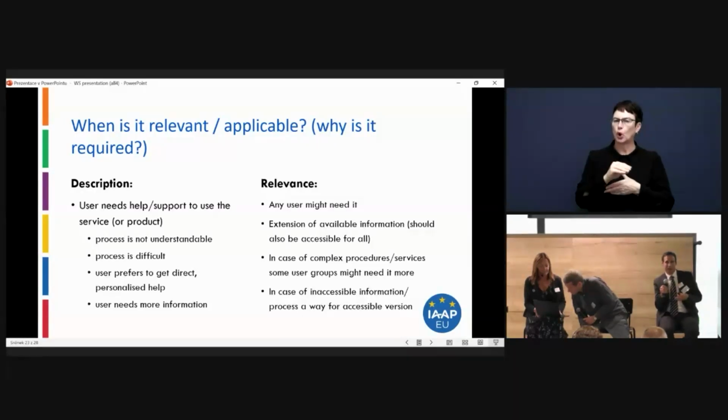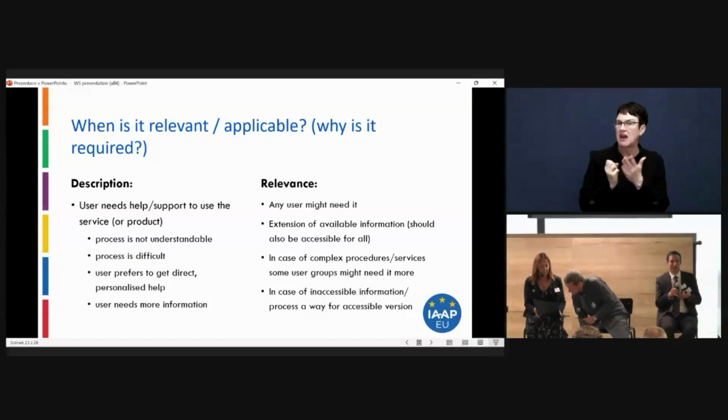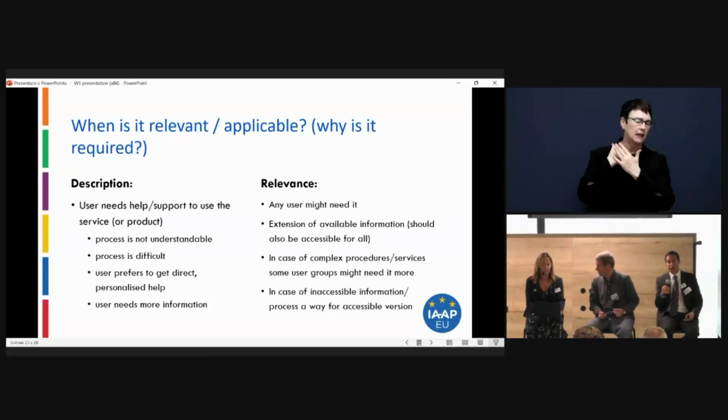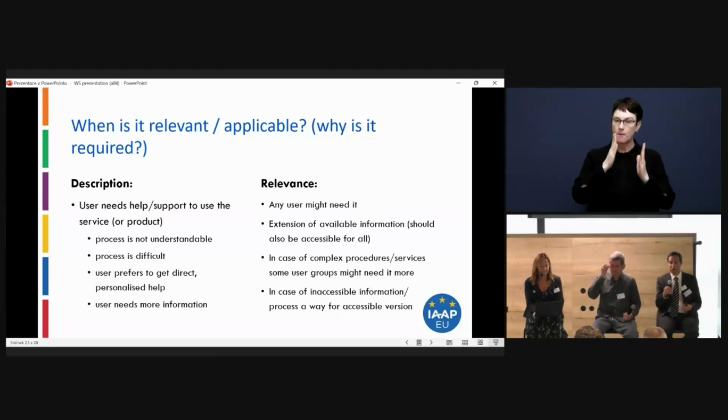Me personally, I don't like to use user instructions or use support services. My wife hates that, but when I do need it, then I'm in a vulnerable situation. It's a proud thing as well, but I need it to be accessible. I need it to be understandable.